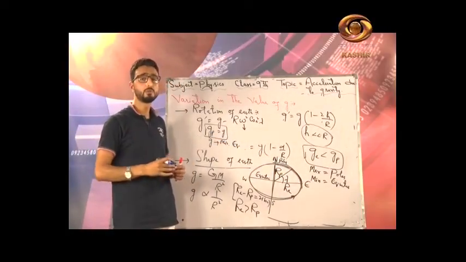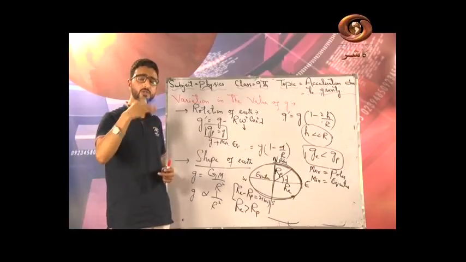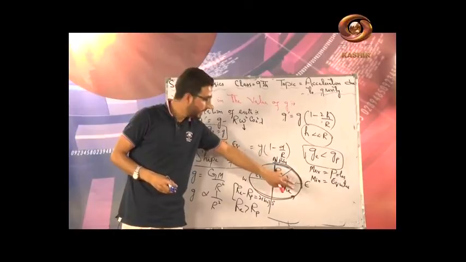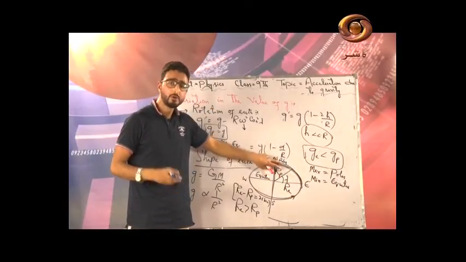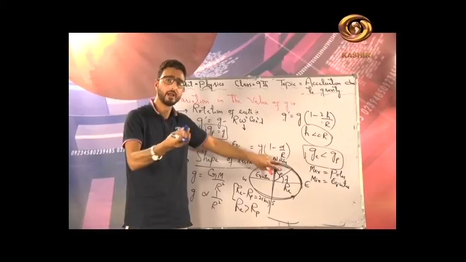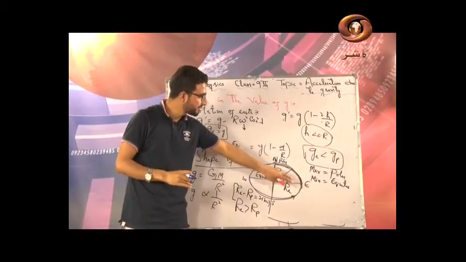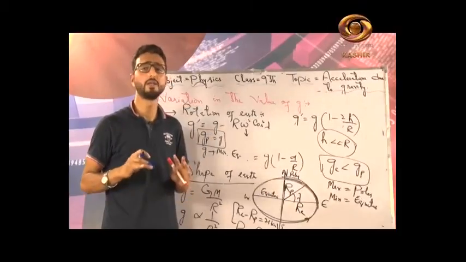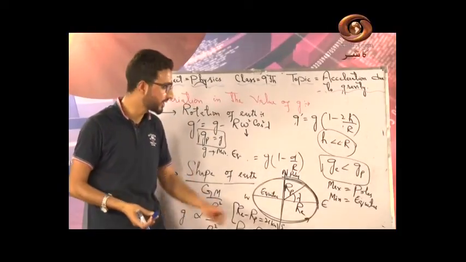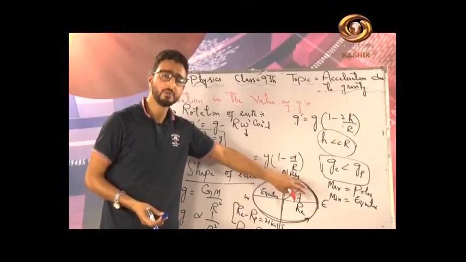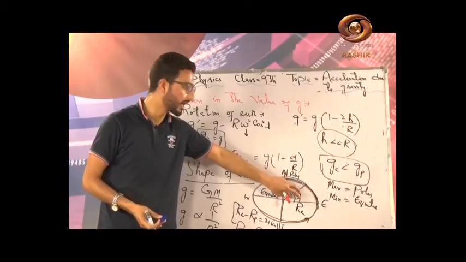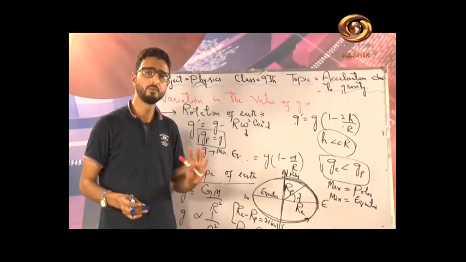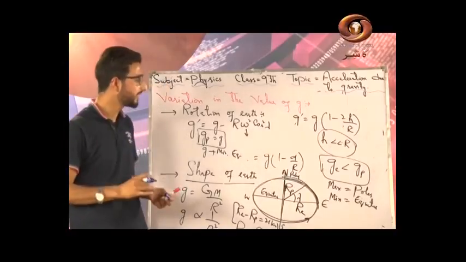Can I ask you a question regarding the weight of a body? Note the question and give me the answer. Where will it be profitable to purchase 1 kg sugar? Your options are equator, poles, 40 degree latitude or 45 degree latitude. Once again I will repeat the question. Where will it be profitable to purchase 1 kg sugar? You think about it and give me the answer.